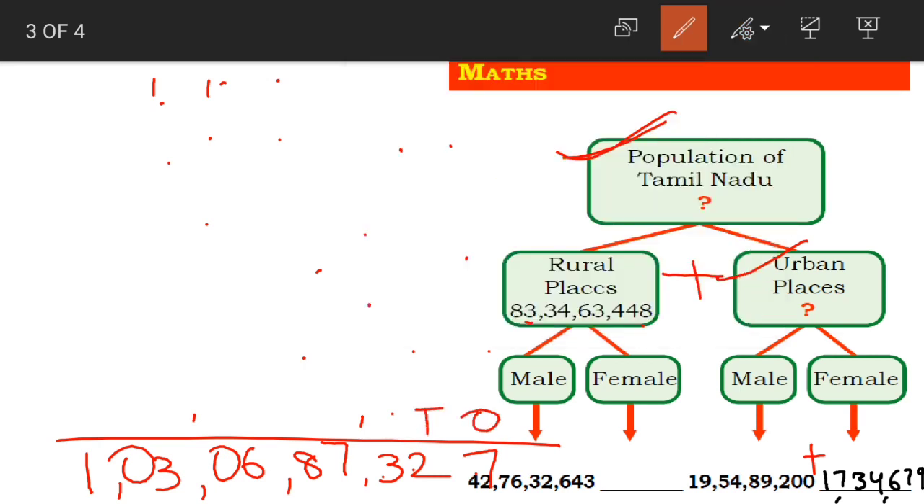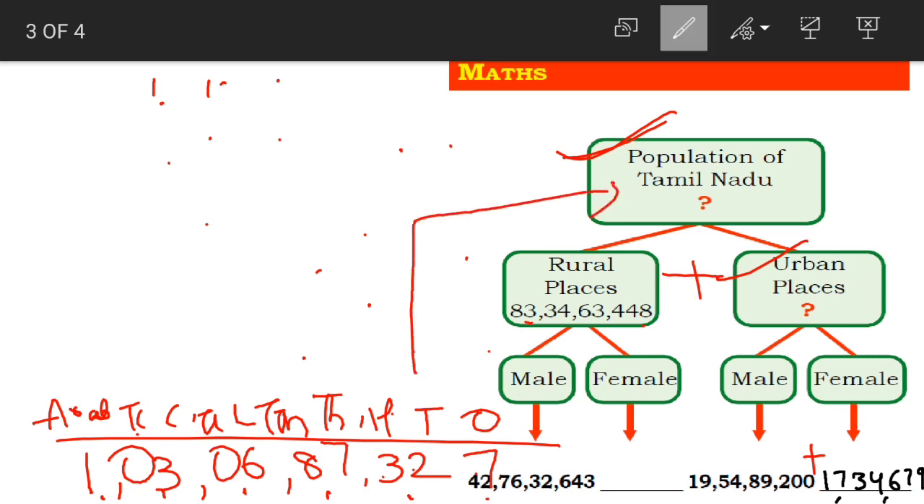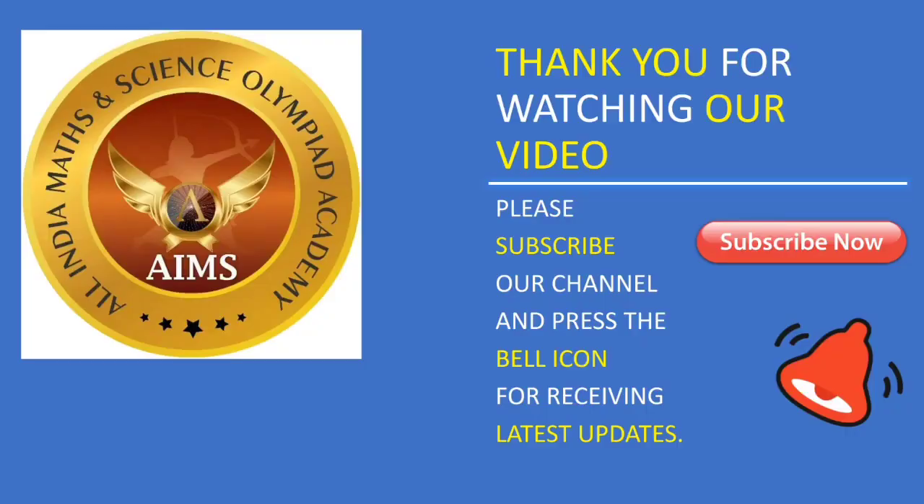What is this? Ones, tens, hundreds, thousands, 10,000s, lakhs, 10 lakhs, crores, 10 crores. Now what is this? This is called Arab. Okay children, after 10 crores we have Arabs. So 1 Arab, 3 crores, 6 lakhs, 87,327. What is this? This is the total population of Tamil Nadu. Clear, children? How did we do this problem? Okay. Now we have come to the end of